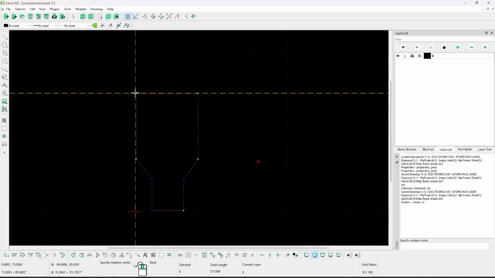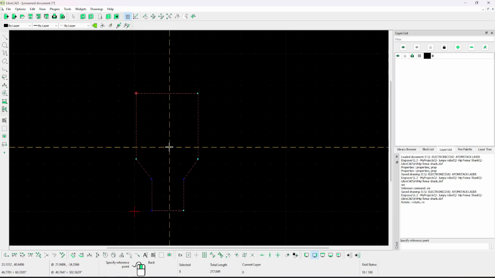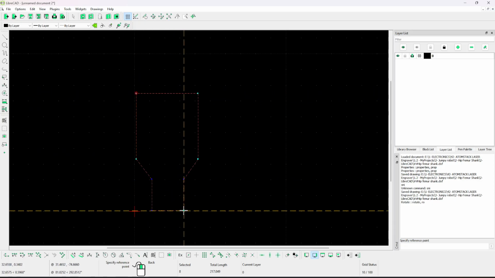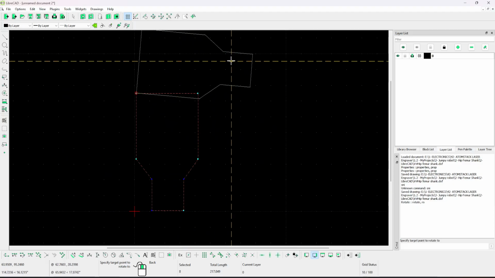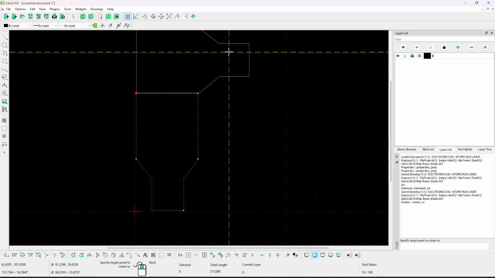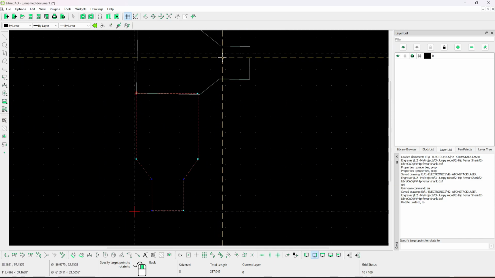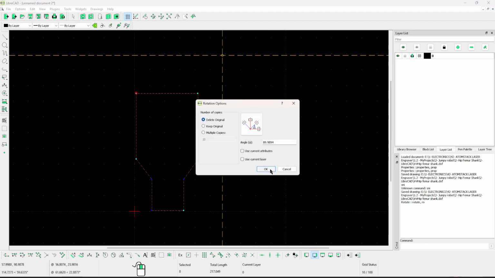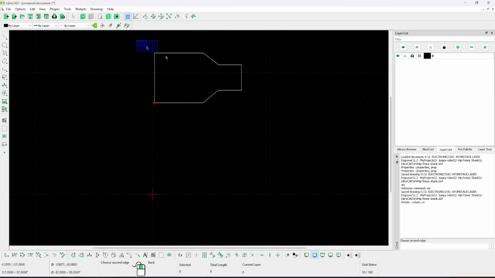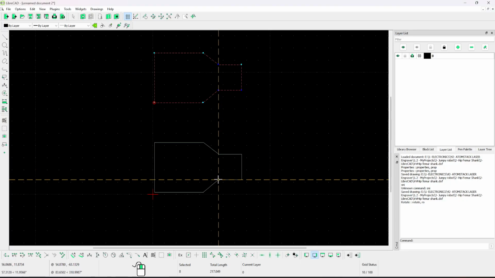If I click in here, this is the point where it will be rotated, and this is the point I want to rotate it from. Now I can rotate the figure in any way I want. So this figure has been rotated. I'll copy and paste in